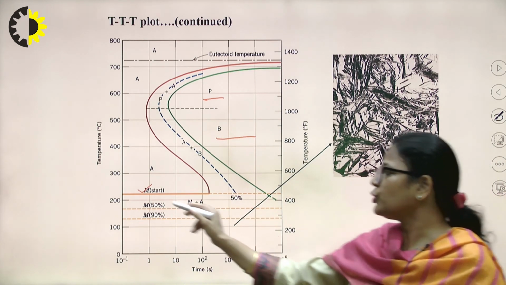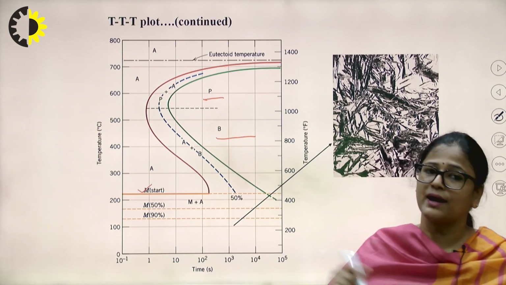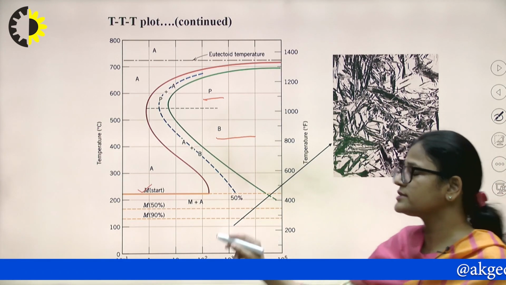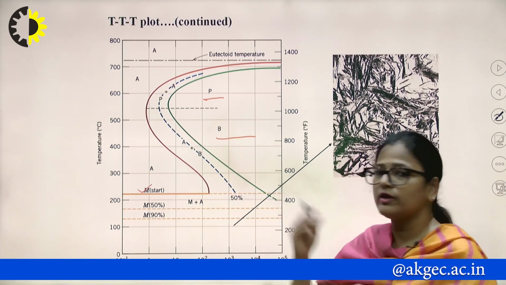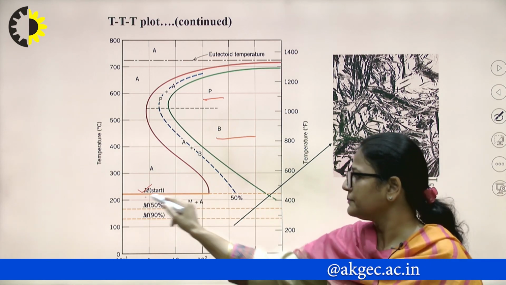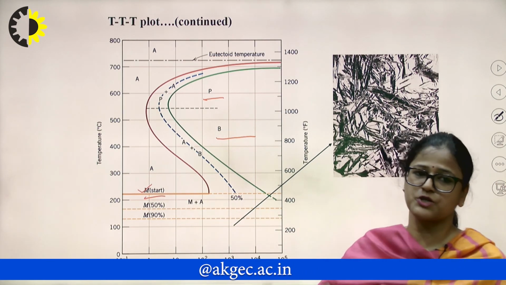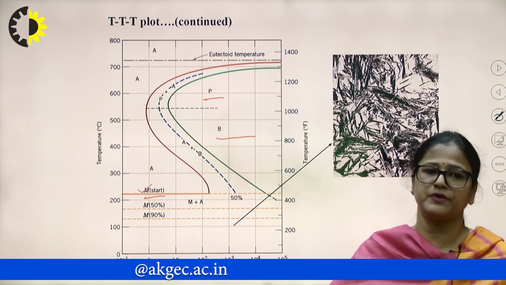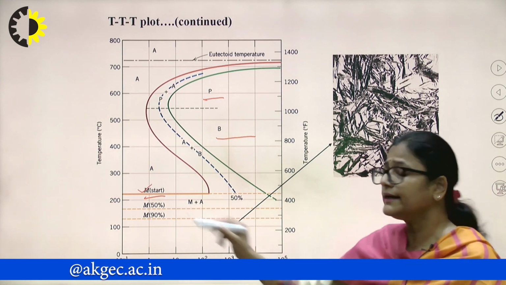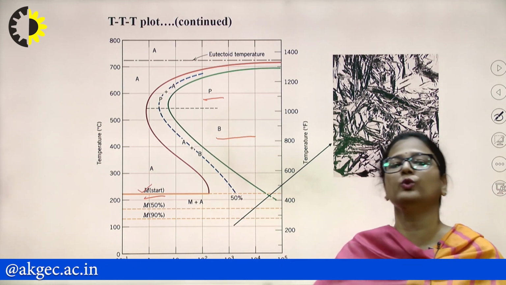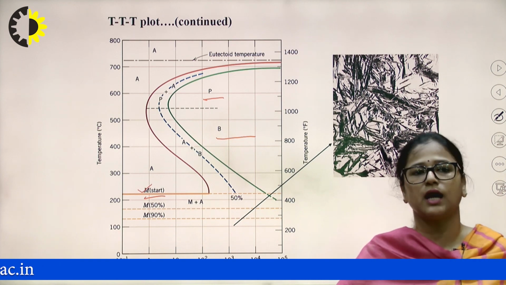So there is no diffusion process involved in martensite formation. This is the non-equilibrium phase of iron carbon alloy. Martensite is a single phase structure, and it forms upon rapid cooling or quenching of the iron carbon alloy from